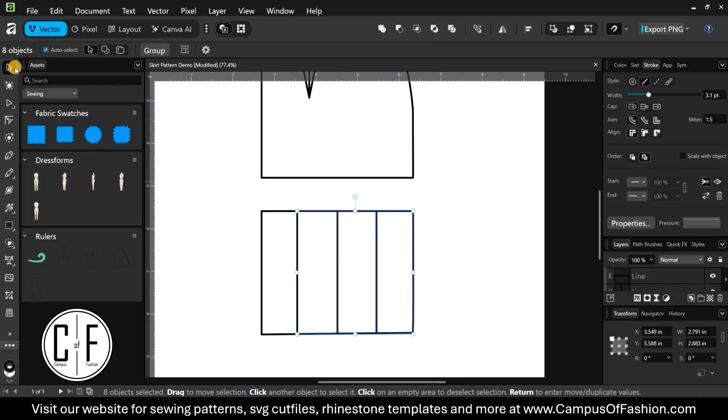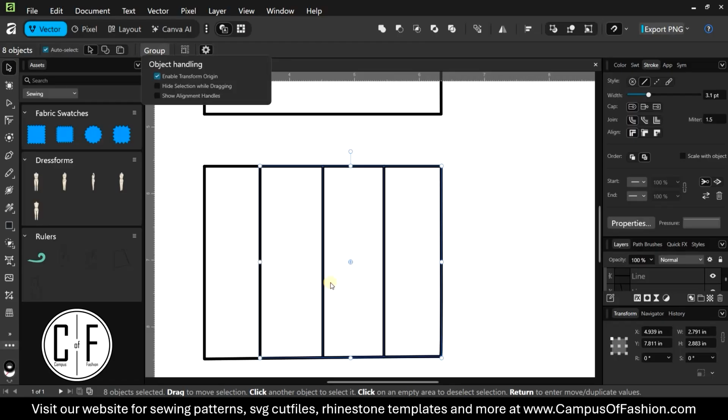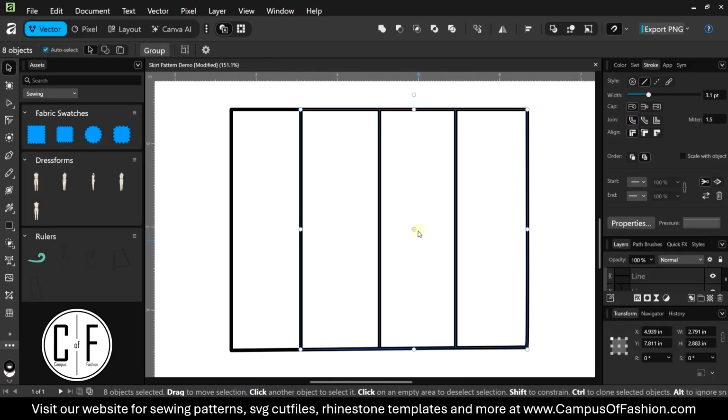And once you selected that, this is the move tool. You're going to see this little move tool setting icon pop up. You're going to select that. And we're going to enable transform origin. Now when we click that, there's this little circle here. Hopefully you can see it. This little tiny bullseye circle that comes up right here. And when you hover over it, you see that little cross that comes up,